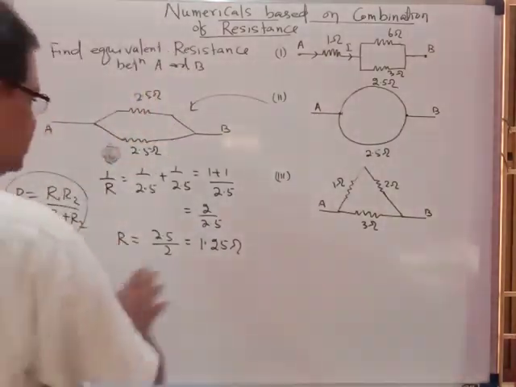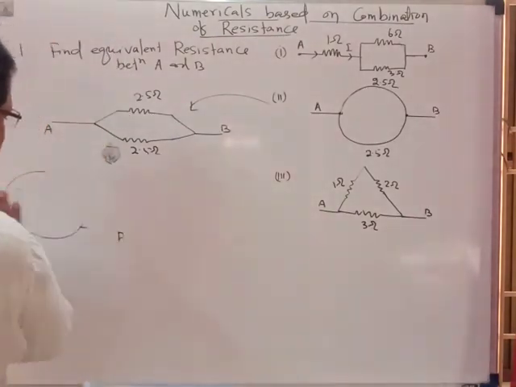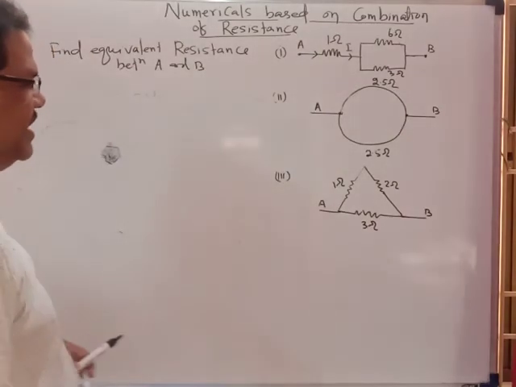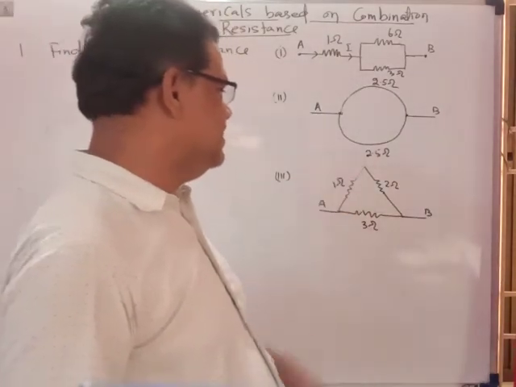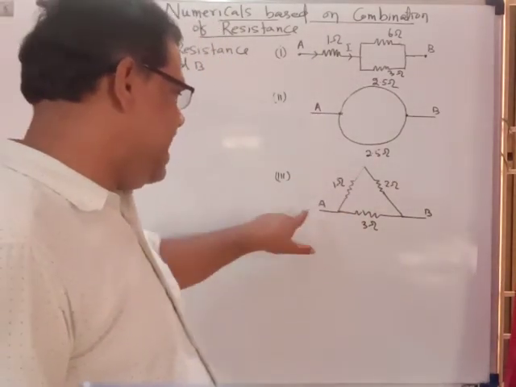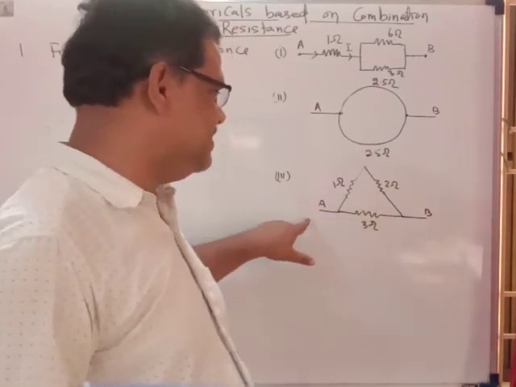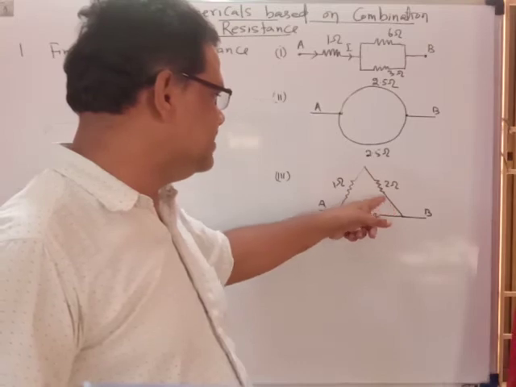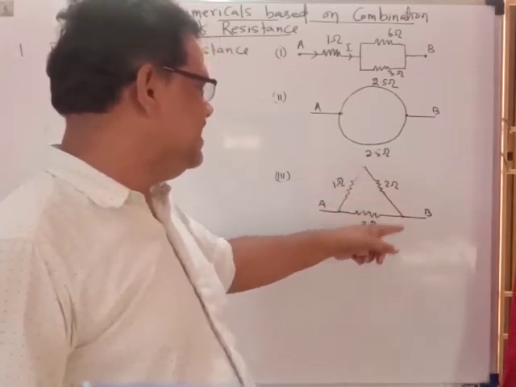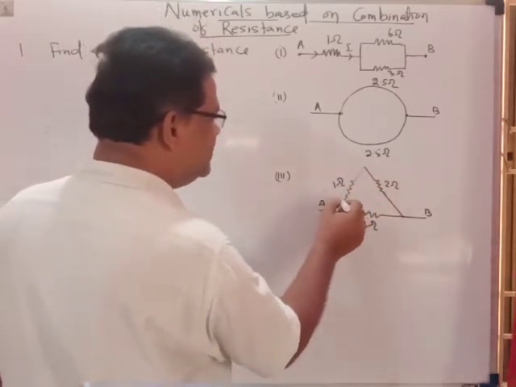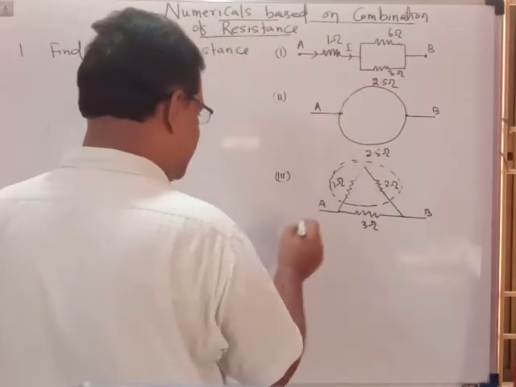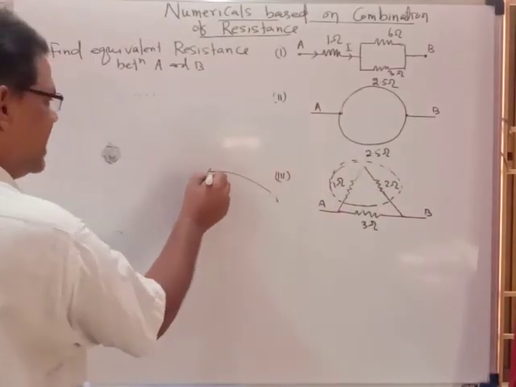The third case, all of you look at the third case. What is it telling? No doubt it is looking like a triangle, but you should not worry about that. A and B are the two ends of the battery, and here the 1 ohm resistor and 2 ohm resistor are both in series. If you take the equivalent of these two, you find this circuit is reducing like that.